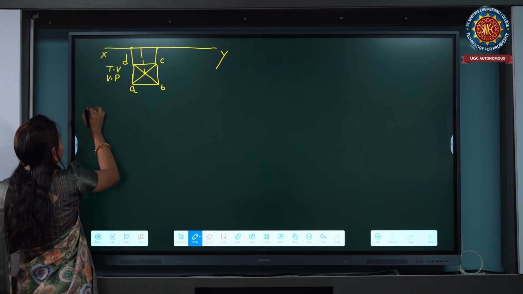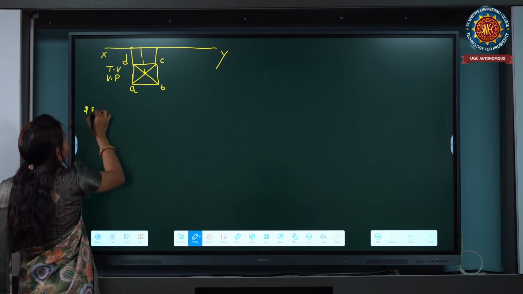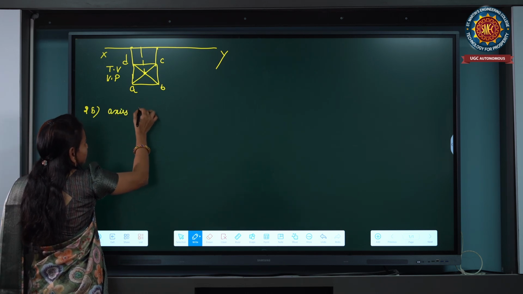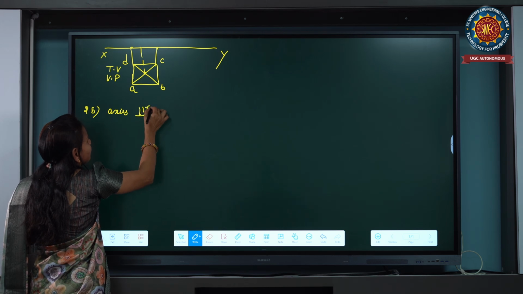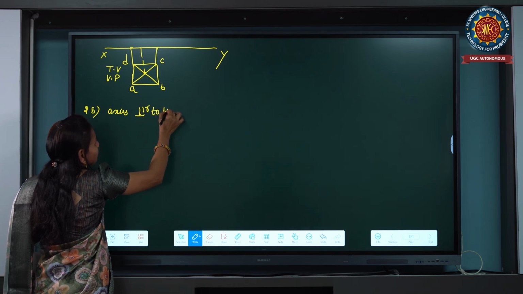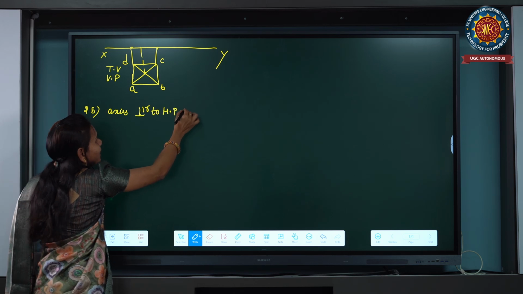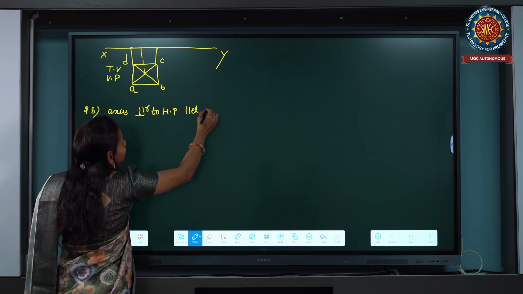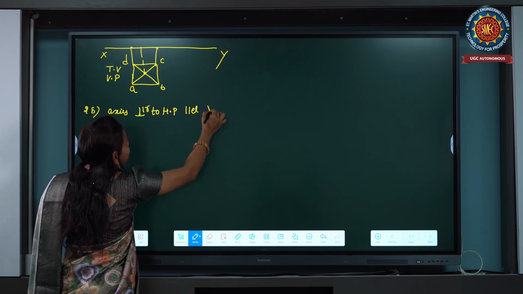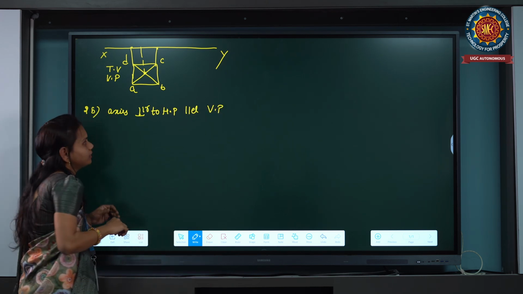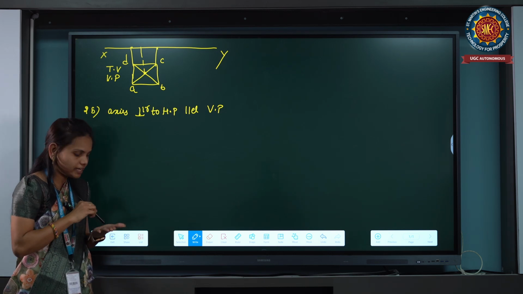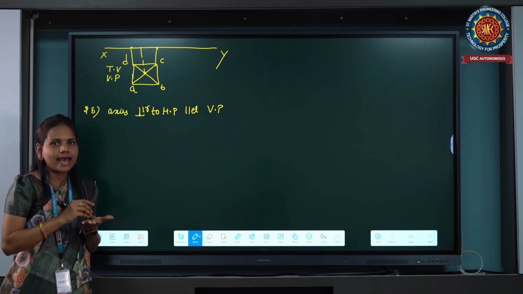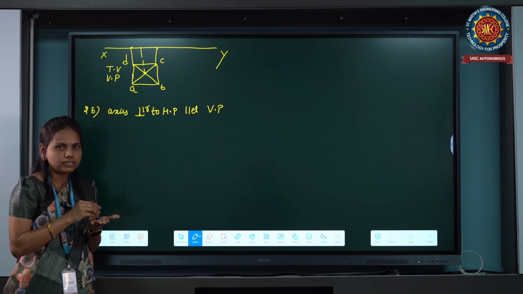Second condition. So first condition, B condition: axis perpendicular to HP and parallel to VP. In shortcut form, we write it as parallel and perpendicular lines. So the position of the axis is, for example, in my hand is a surface and this is the axis. So axis parallel to VP means this is the position.